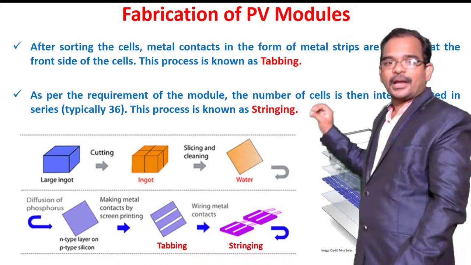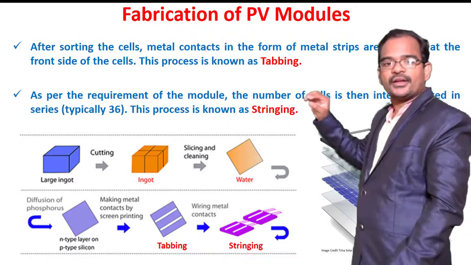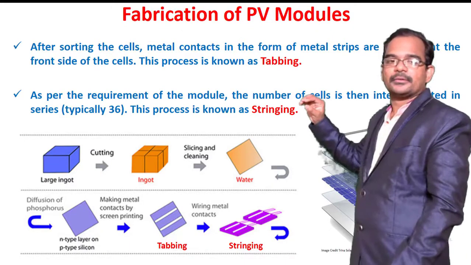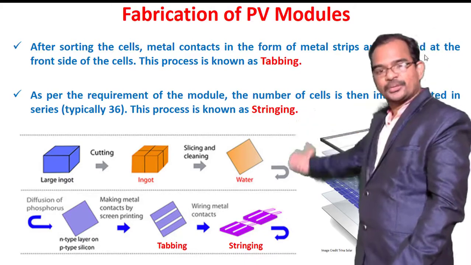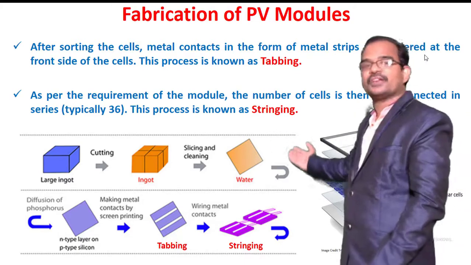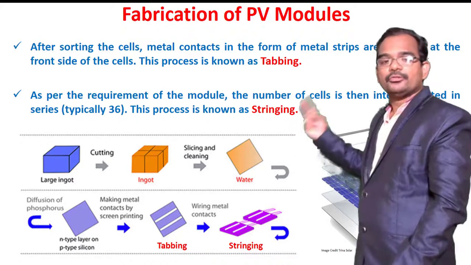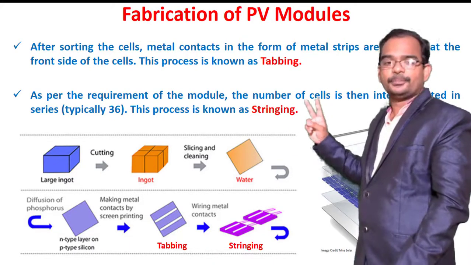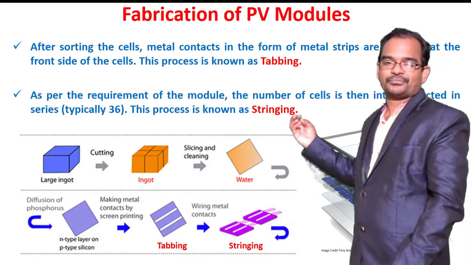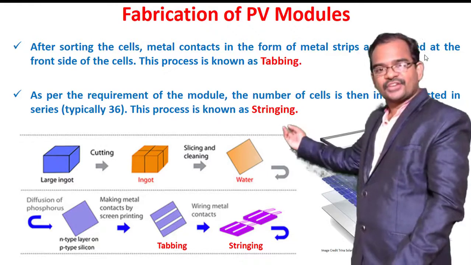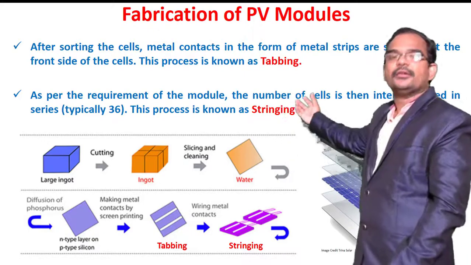What is tabbing? Tabbing is nothing but creating metal contacts on top of a solar cell by means of soldering. You can see at the tabbing they are given two strips, a positive strip and a negative strip. So for each and every cell you need to make two different strips on the front part of a solar cell, and this process is called tabbing. And why is this tabbing made? This tabbing is made to collect the current produced in a solar cell and send it to the external load.